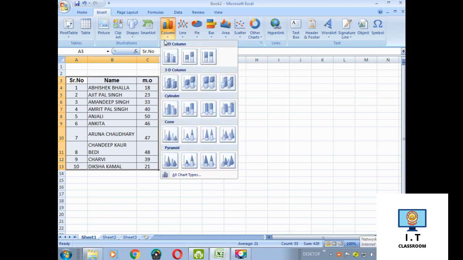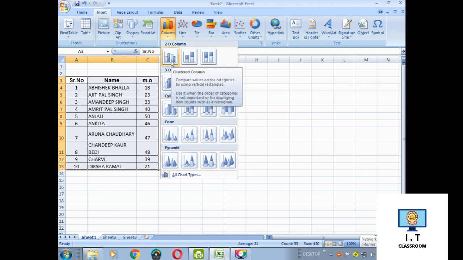It will give you a list of different types of column charts like 2D column chart, 3D column, cylinder, cone, pyramid, etc. So firstly we are going to make a 2D column chart. This is the clustered column chart which we are going to insert now.